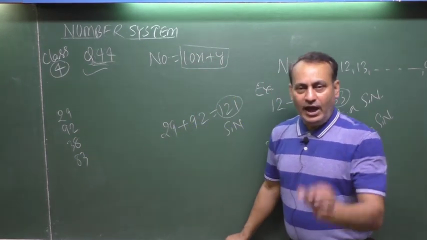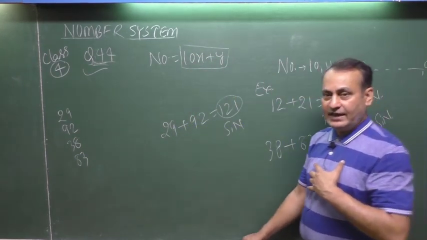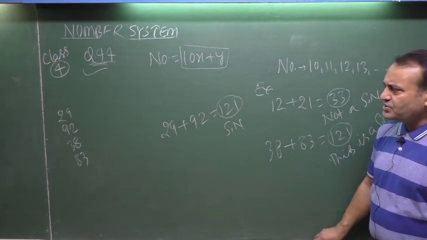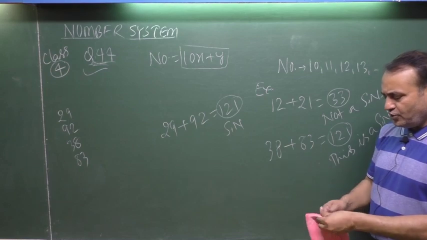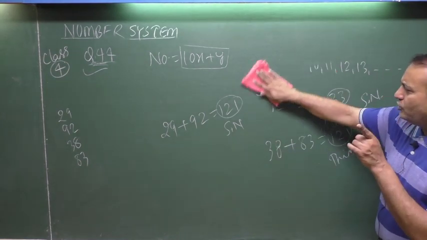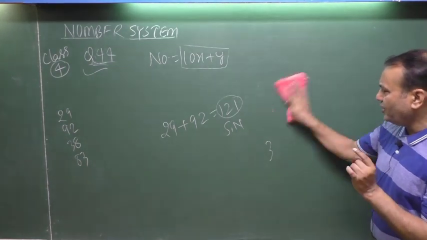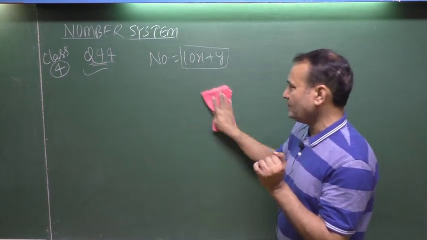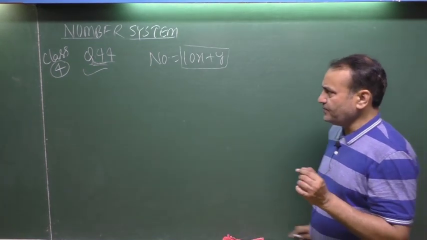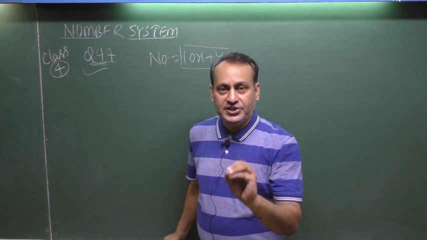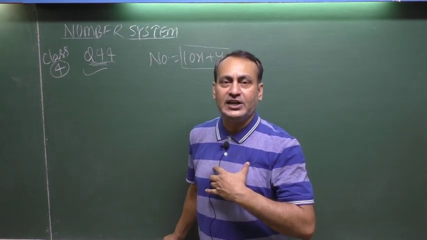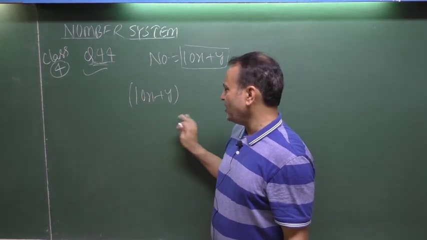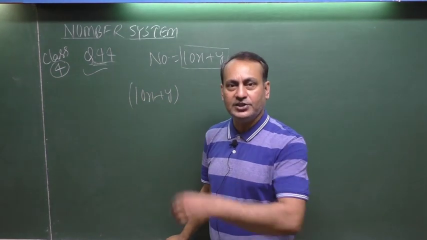That's why I will be solving this question with an example of a basic concept. It means you have to proceed according to the language of the question, and in order to proceed you have to make a 2-digit number, that is 10x plus y. The question says you have to pick up a 2-digit number. I have picked up 10x plus y. This is certainly a 2-digit number.